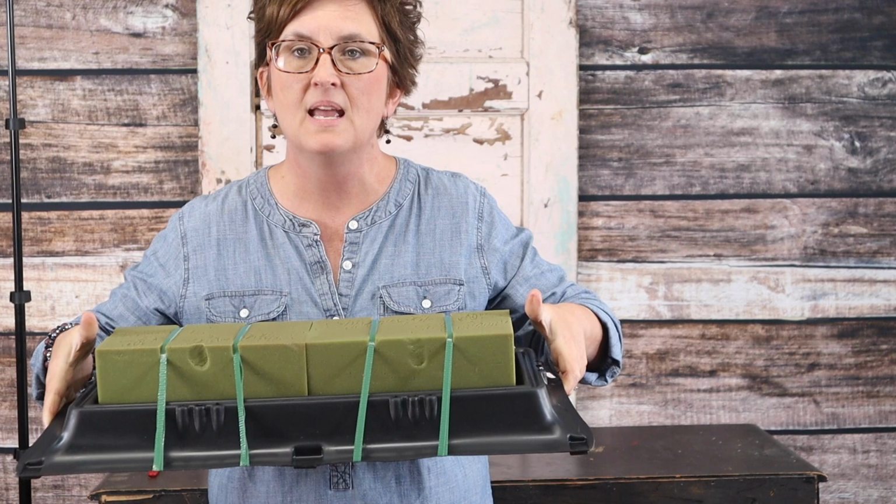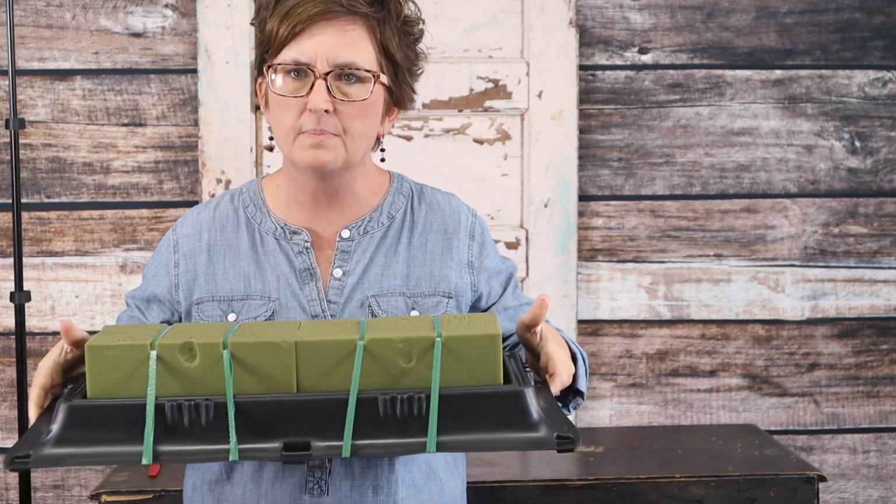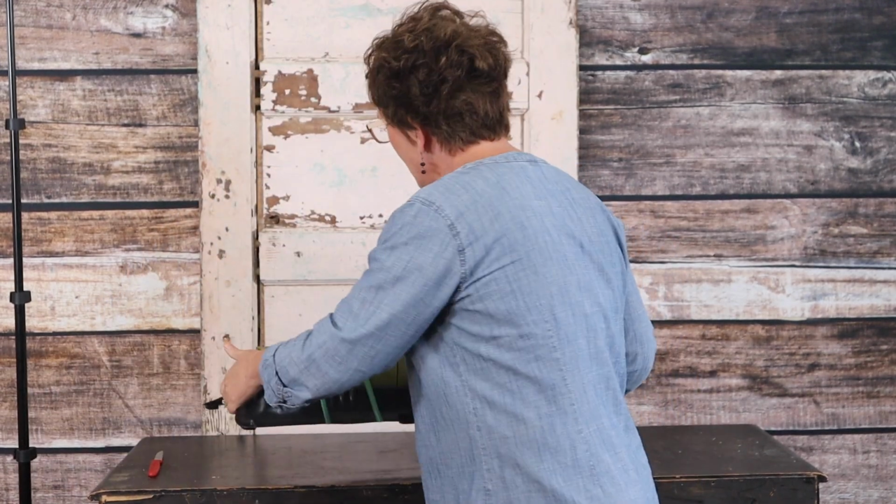You can see the tape. I taped it in 4 separate places. The reason you want to tape it 4 times is because if some of the tape breaks, you're not going to lose your arrangement, because they get tilted and turned and all the things before they're placed